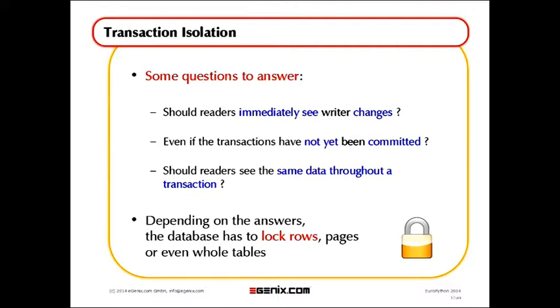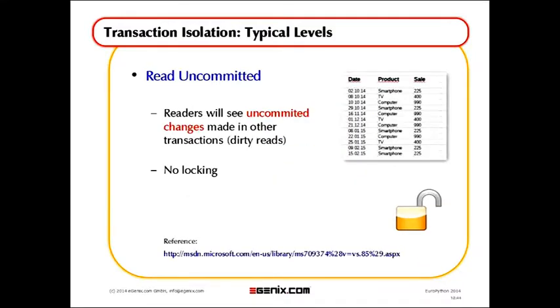And locks are something that you usually try to avoid in your application because they keep your whole application from running in parallel and using most of the resources that you have. So I'm going to walk through the typical set of transaction isolation levels that you have. The first one is the easiest one to implement. It's read uncommitted, which basically says you don't have any locks.